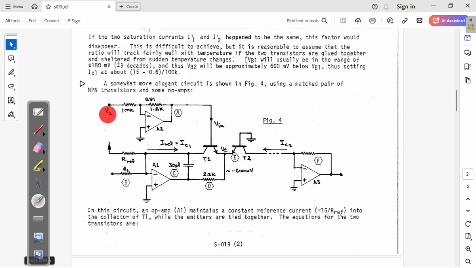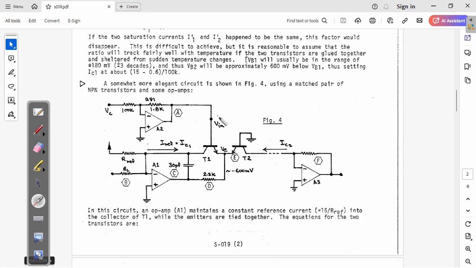Okay, so this is your control voltage. Usually the control voltage is going to be 1 volt per octave. That's the usual way of doing it. When you have a keyboard controller, that's what you expect. So you have 1 volt per octave. And the only reason that we have this op-amp is so that it can transform this 1 volt per octave to 18 millivolts per octave, which is exactly what we want,